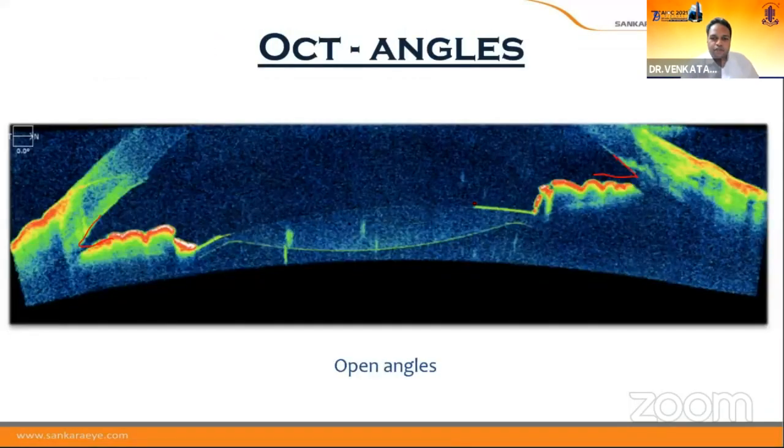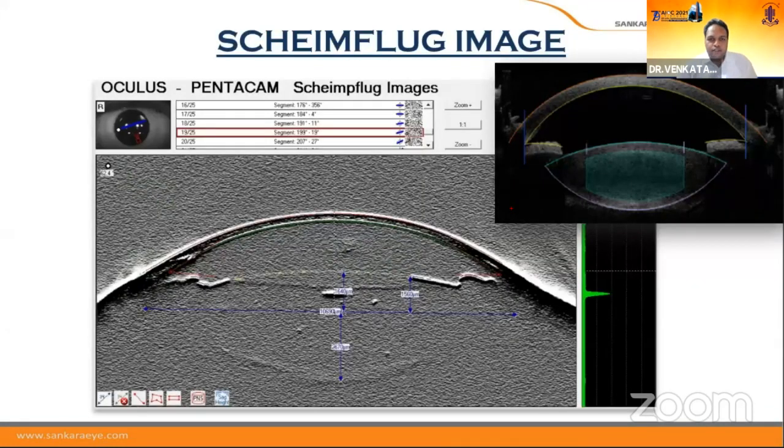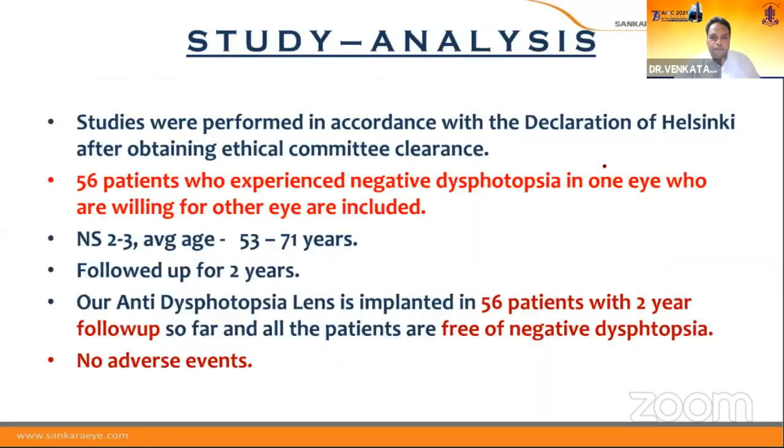And the hyper-reflected part is a capsular rhexis. And this is a Scheimpflug image, which is interesting. As we can see here, this is the optic and this is the iris. There is no gap in between, and the posterior capsule is stretched out, just like a normal crystalline lens, as we can see here. So this lens gives a normal crystalline lens profile to the capsular bag.